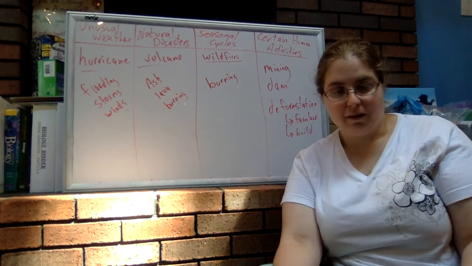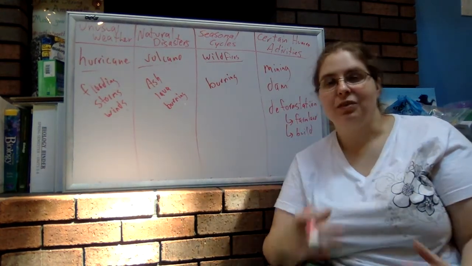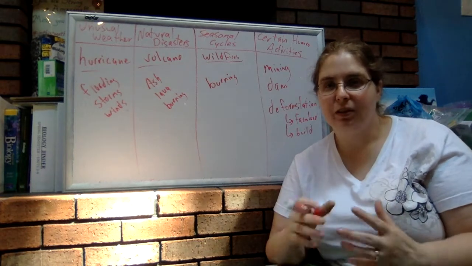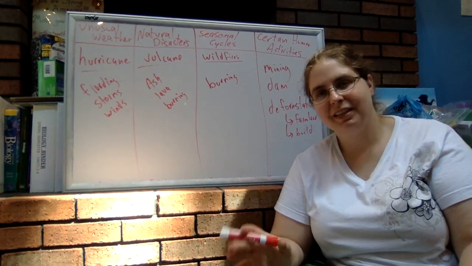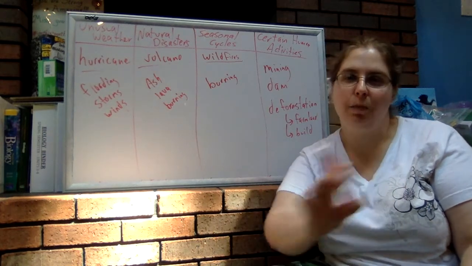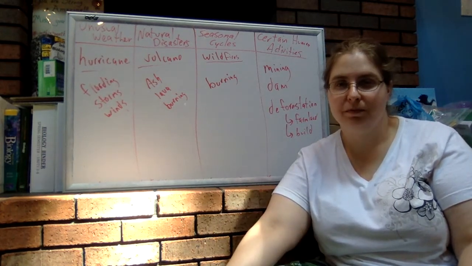So since we are affecting, again, the entire ecosystem, it will affect every single population there. It doesn't matter what the size of the population is. When you affect the entire ecosystem, you affect all populations, big or small.